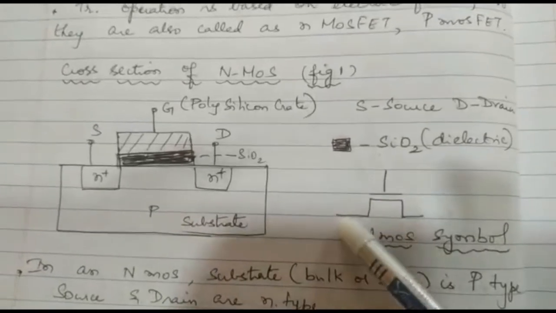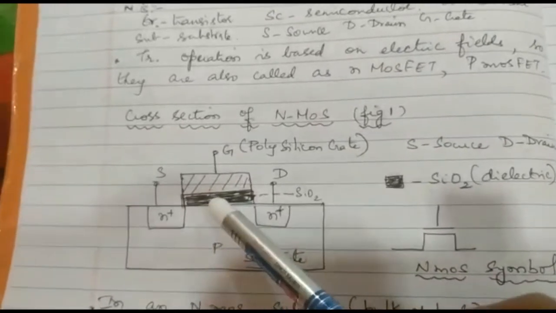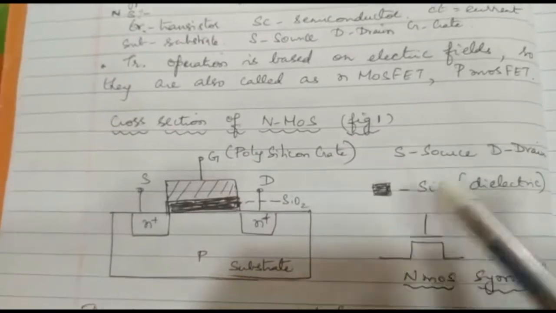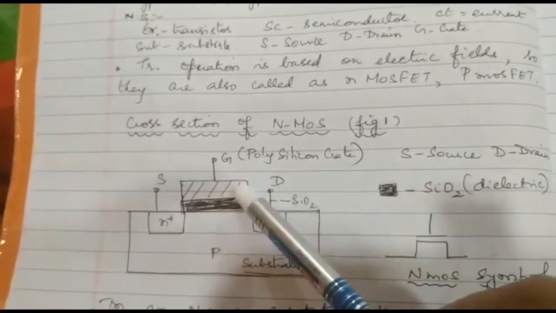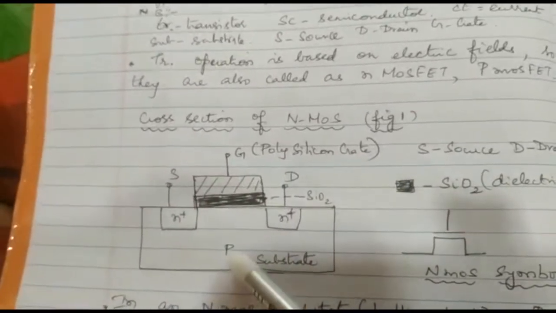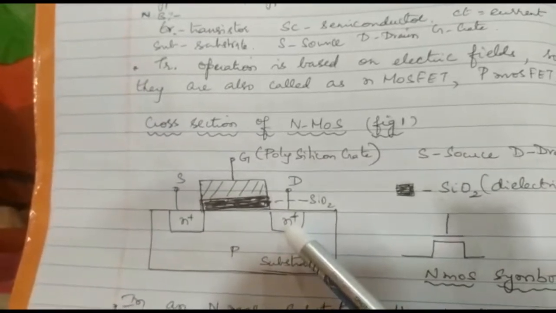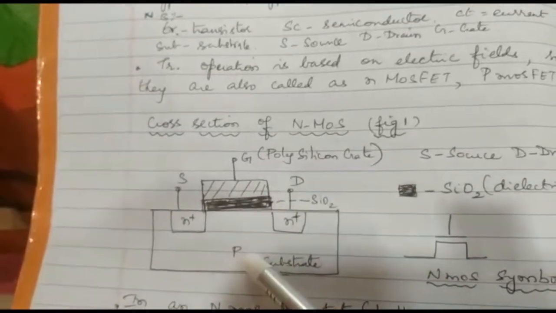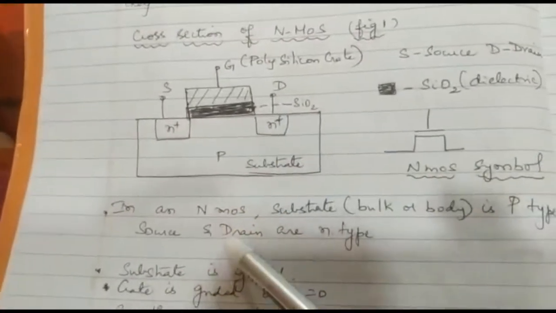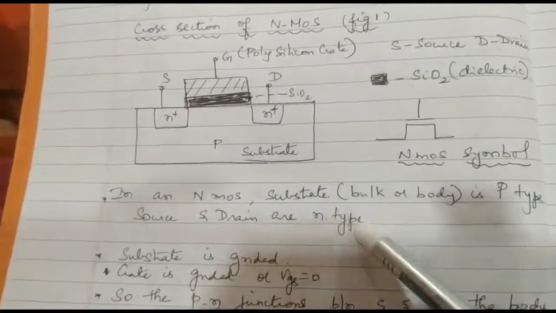This is the gate, source and the drain. So in the substrate there is an SiO2 layer on top, which is shown here. That is a dielectric and the gate is the shaded one. In an NMOS semiconductor, the P-type is the substrate, N is doped into it to form the source and the drain. Similarly, in case of a PMOS structure, N is the substrate, P-type forms the source and the drain. So in an NMOS, the substrate is P-type, source and drain, as I said earlier, are the N-types.